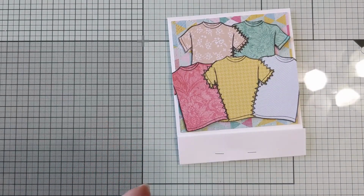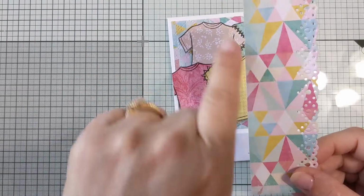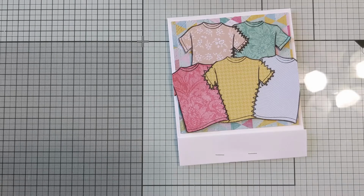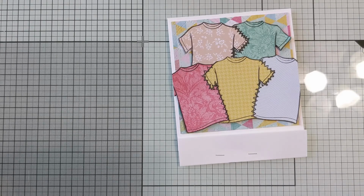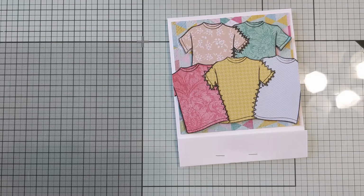Three pastel colors, quilts and diagonal lines. And there's a lot of diagonal lines in my pattern paper that I used in the background. My card is kind of tongue-in-cheek, I believe is the expression, because there was a lot of discussion in the chat about t-shirt quilts, and